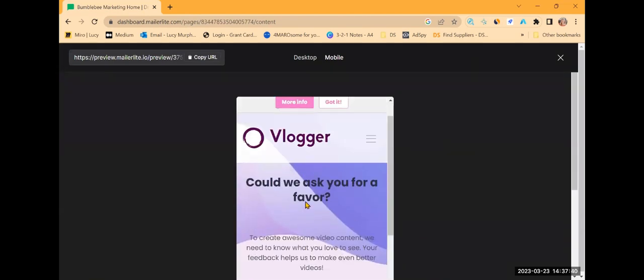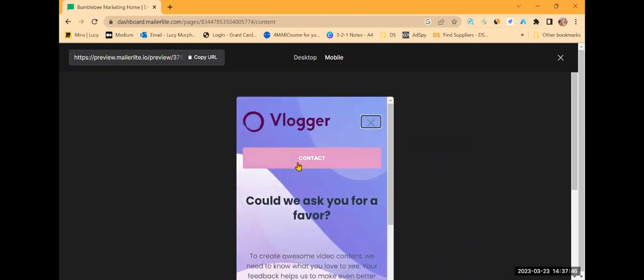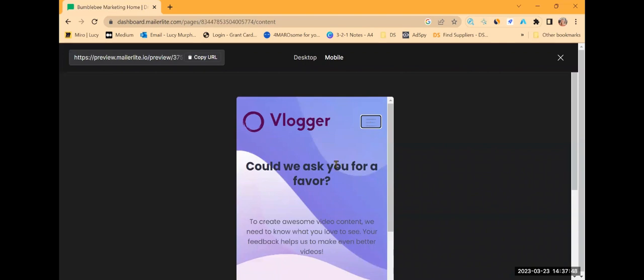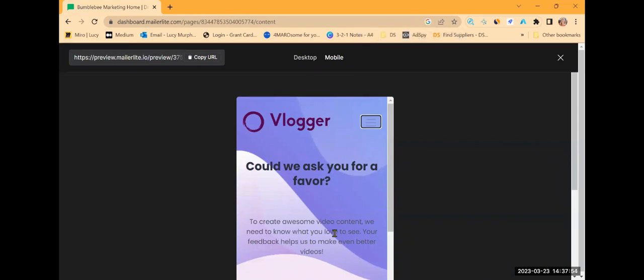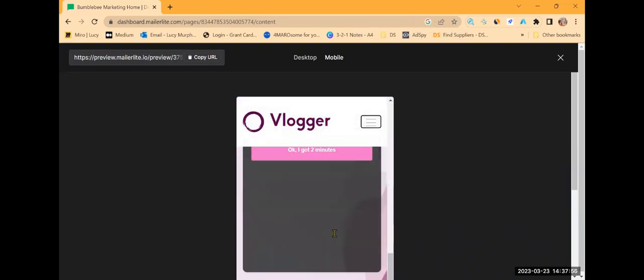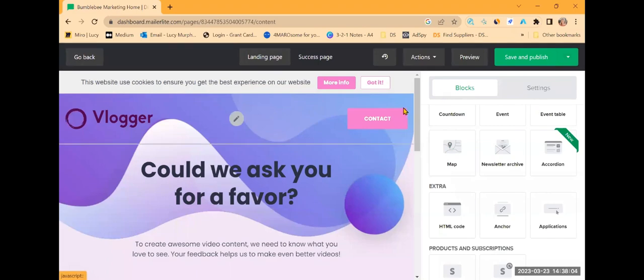Oh, where's my contact button gone? Where's my contact button gone? Right, so you have to click on the menu in order to get it. See, that's a bit annoying. That is really annoying because then it's just not there at all, is it? So, okay, so this is still a template. I reckon if we,